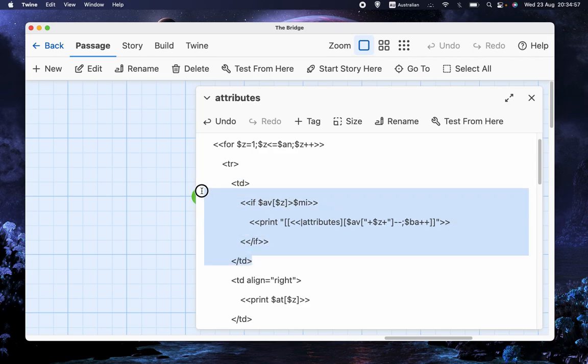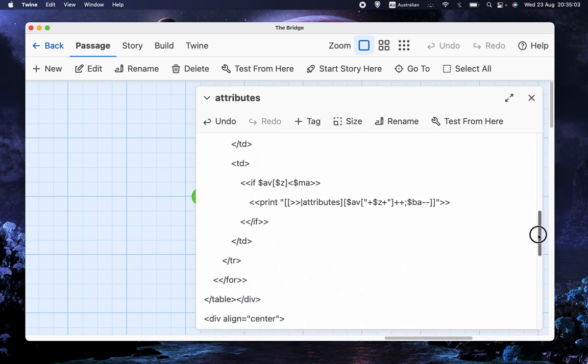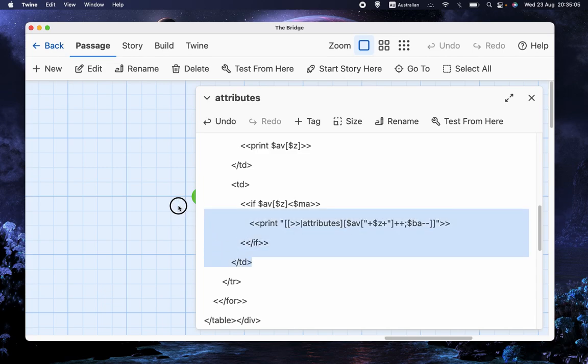This one up here is to give you the option to reduce the attribute in question. This one here is to give the option to increase it. So if AVZ is under MA, which is the maximum that an attribute can be, so 20 in this particular case, then print all this out, and that will print a link which will go to attributes, i.e. will take us back to the screen that we're on,